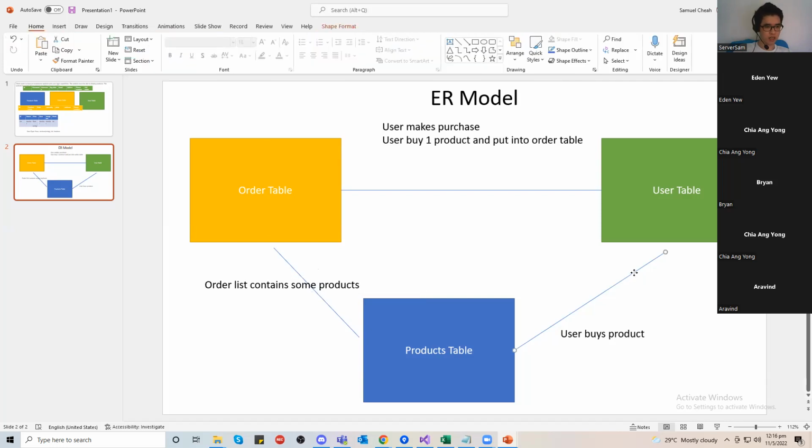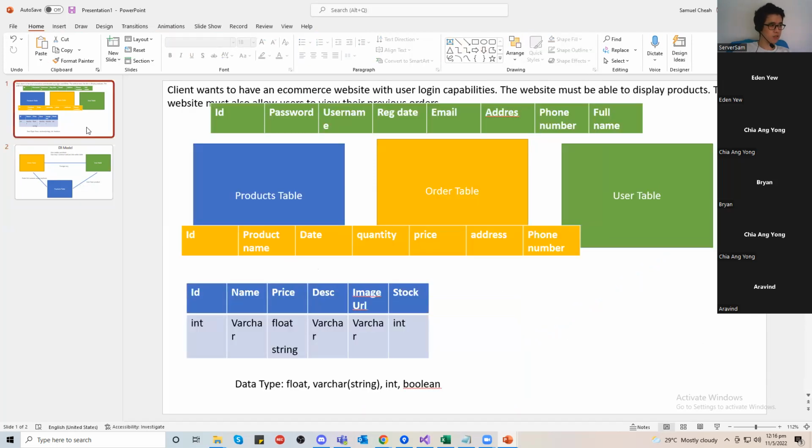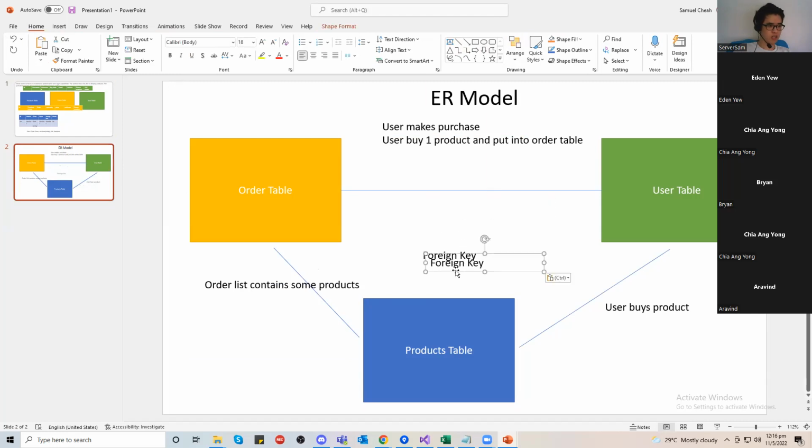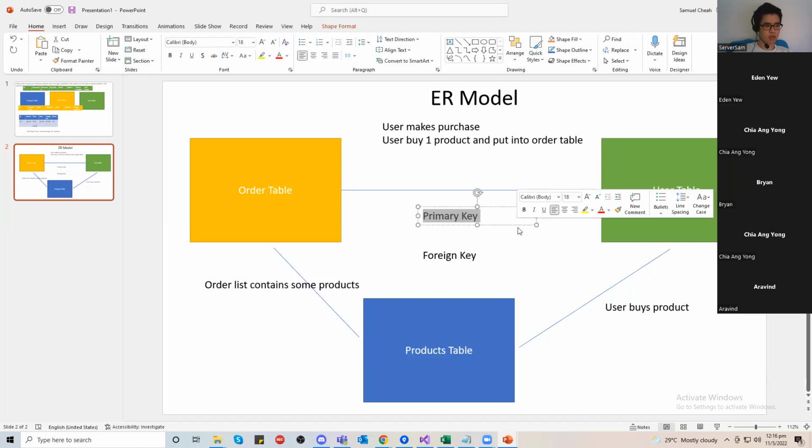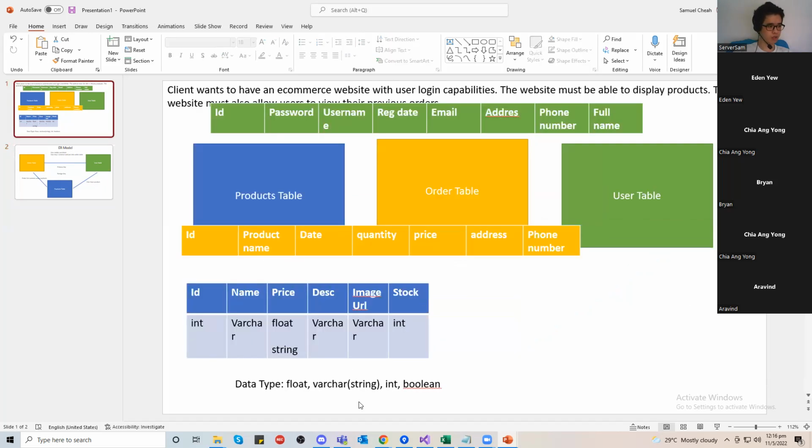Now we have to determine this. There's this thing called foreign key. This is a bit of theory, but you all need to know primary key. These two things, primary key and foreign key, are very important for you all to understand. Primary key is basically the column in every table that is unique. Every row has to have a unique value. So for example,